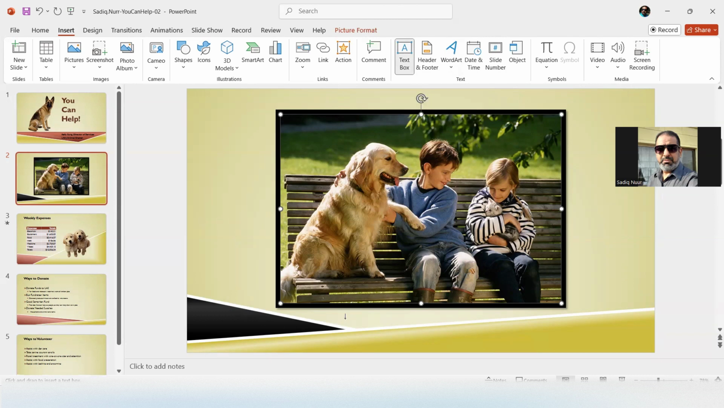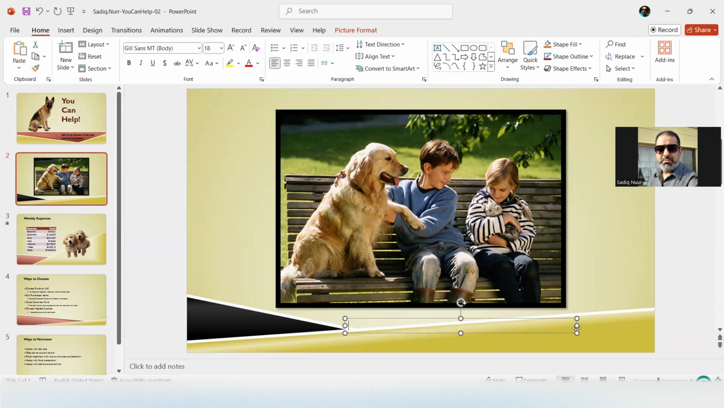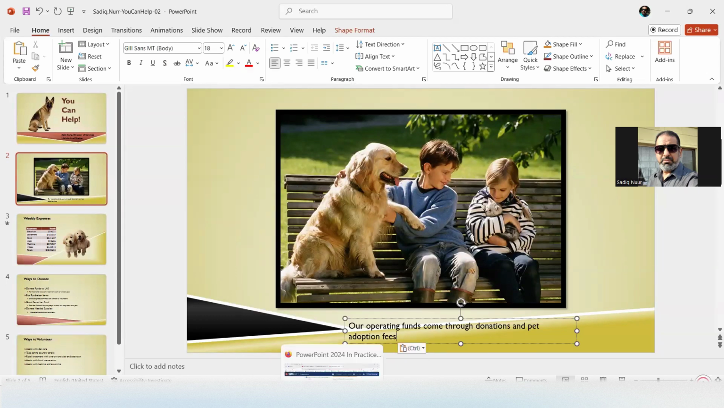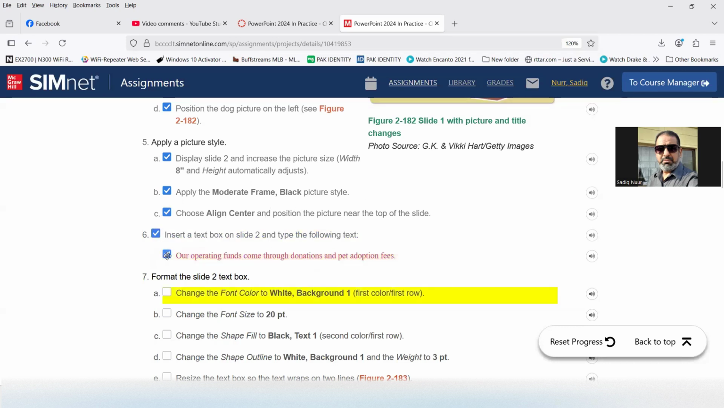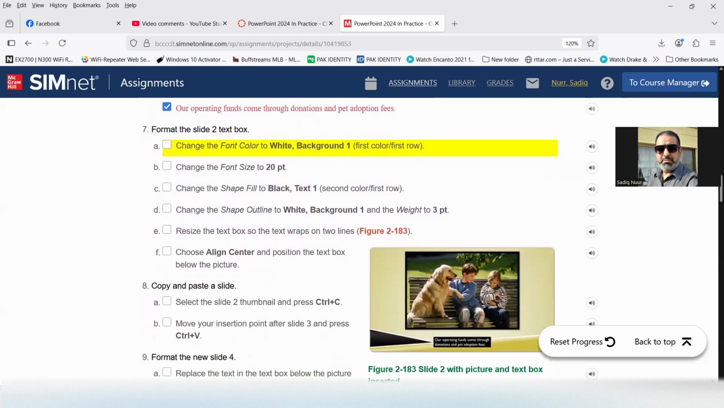and then you will see your cursor pointer change like a sword, and just draw a box like this, and then paste what you copied earlier. Control and V, or you can hit Paste from here, under Home and Clipboard. Next, so we put the text box and we typed our operating funds come through donation, right? Next,